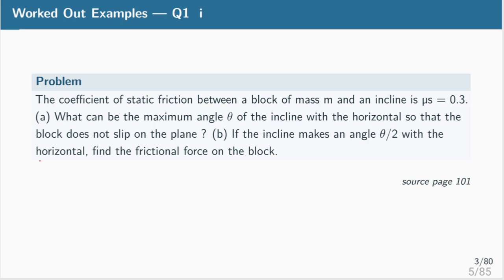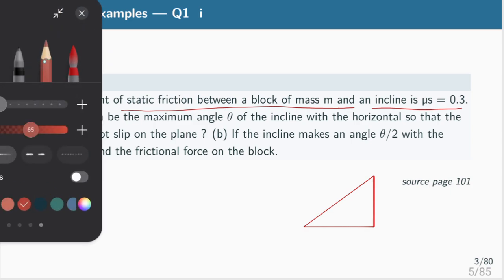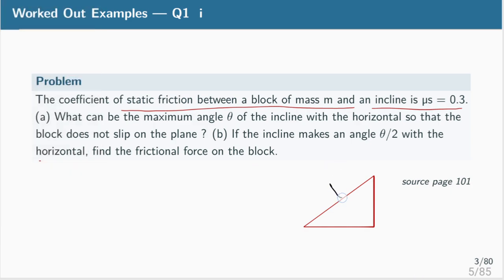The first thing that is given in this is that the coefficient of static friction between the block and incline, mu, is equal to 0.3. So there may be a block and an incline. So this is the incline, and a block, and the block is there on the top of this. Okay, so the coefficient of friction between these two is 0.3, and what is asked is what is the maximum angle